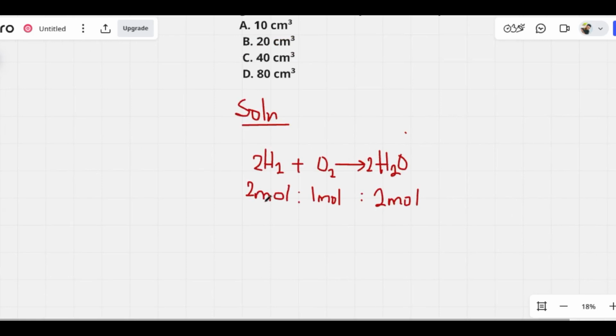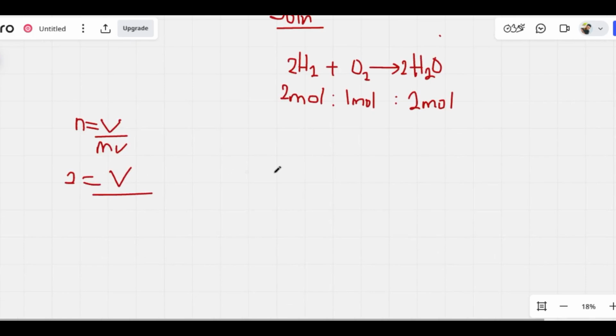It's actually very simple. There's a formula for number of mole that says number of mole equals volume over molar volume. And molar volume is 22,400 cm cube. So you say 2 moles of hydrogen gas equals the volume of hydrogen gas over 22.4 dm cube or 22400 cm cube. So let's use 22400 because this is cm cube. So if you cross multiply like that,